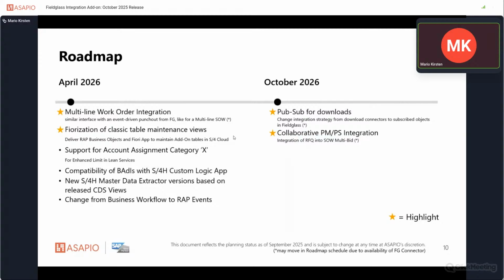So this is now transferred to RAP business objects and a Fiori app, where you can then maintain all those different add-on tables in S/4 Cloud, which also makes the add-on available on S/4 Cloud. What we're also working on is supporting the account assignment category X, which is also a